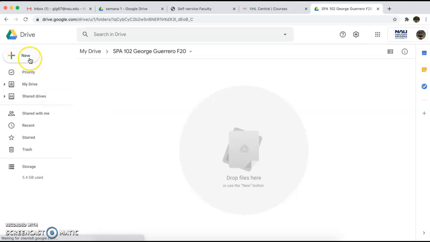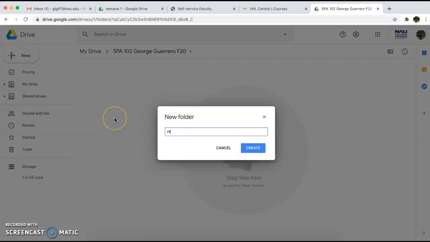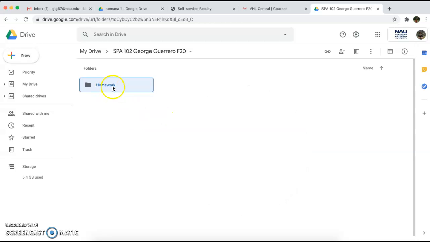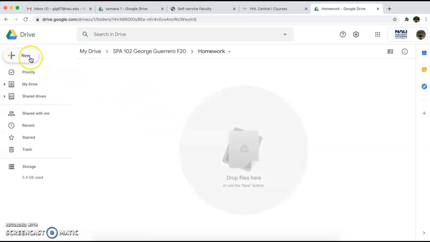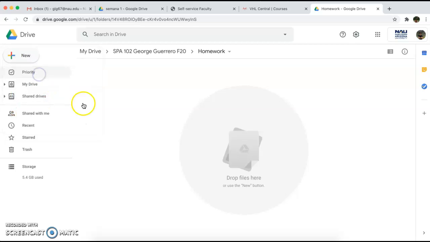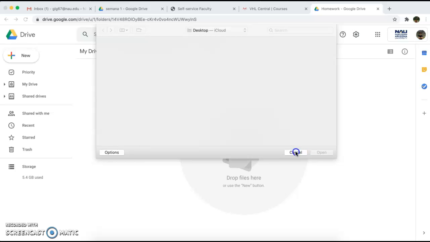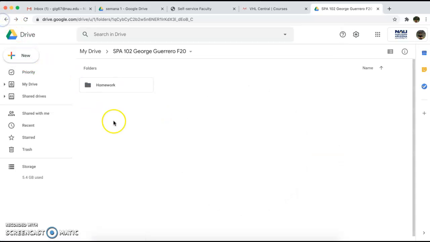Once you go in, please create a folder once. Let me say that again. Please create a new folder inside your class folder that says homework. Then you click on that, and you can either press on new and file upload if you downloaded the document that I send you and upload it as a Word document where you have it all completed, or